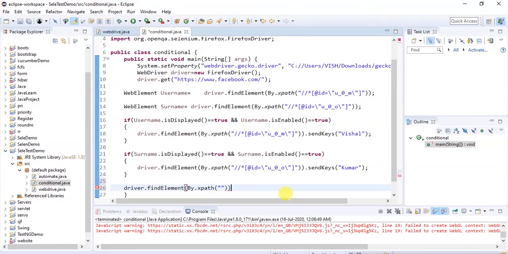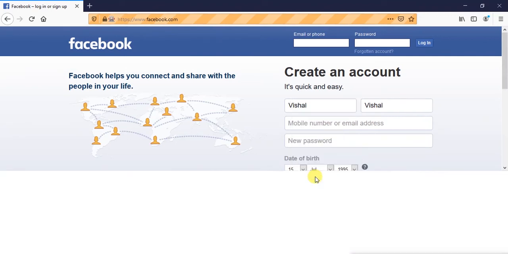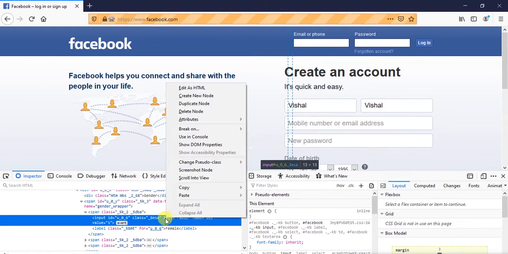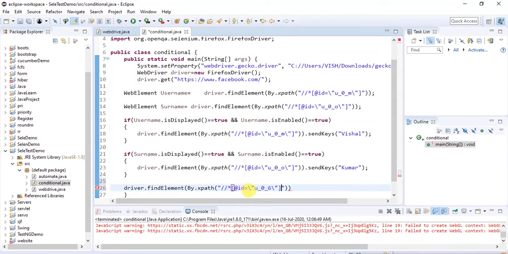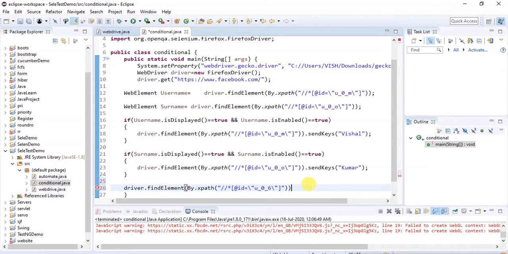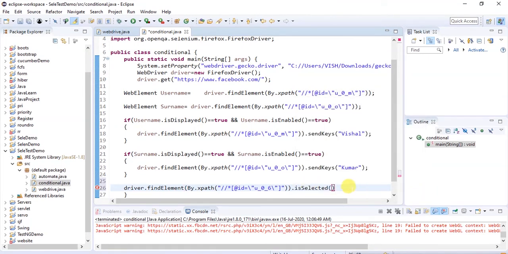So let's validate it. Simply right click on it, inspect the element, and copy its XPath, and we will check what the output of this element is. If it is selected, it will return true, otherwise it will return false.